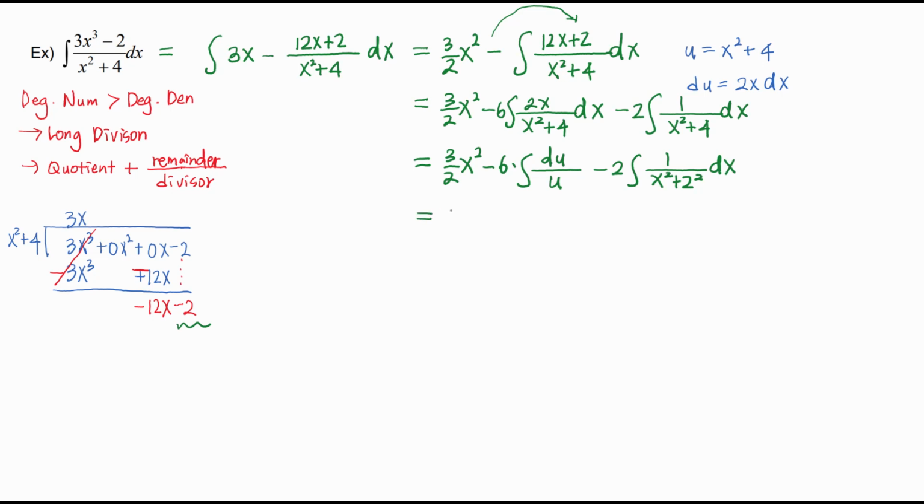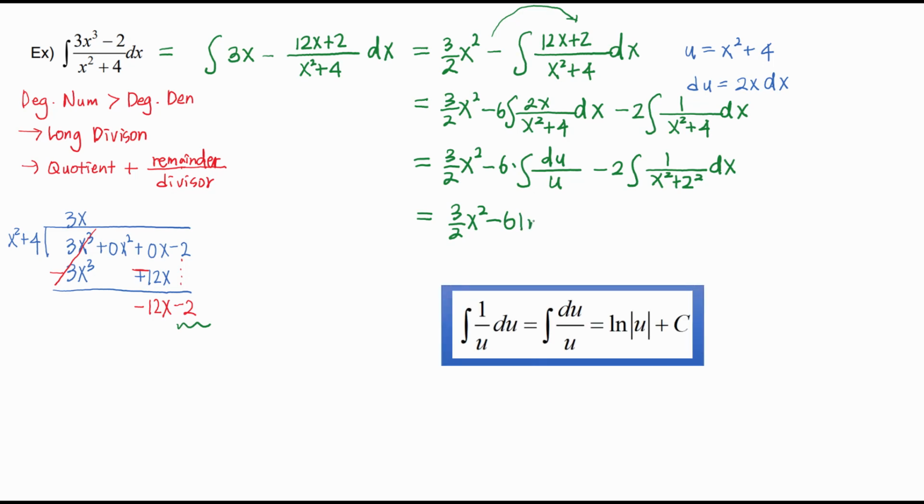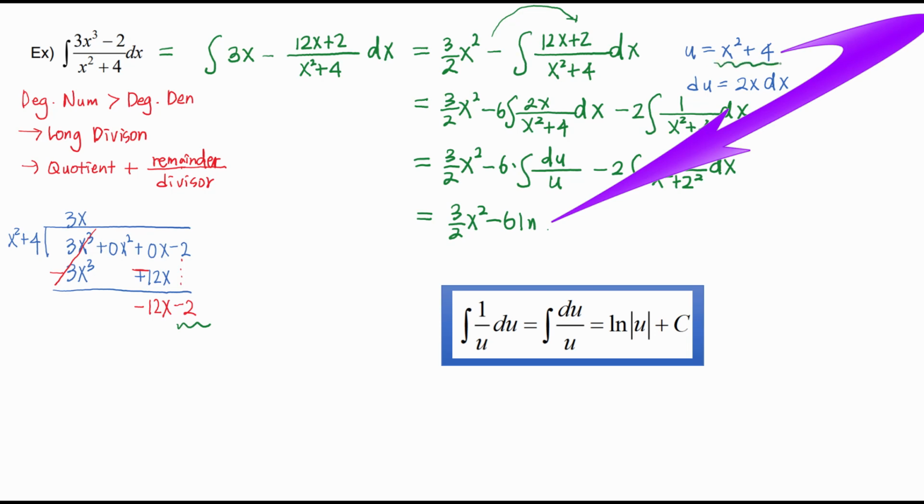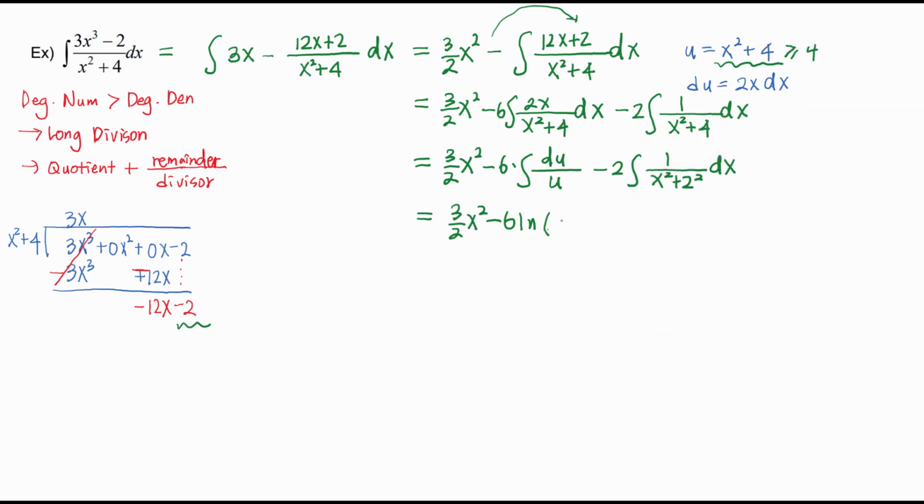Then this is equal to 3 over 2x squared minus 6 times this was ln absolute value of u, but since x squared is greater than or equal to 0, plus 4 will always be greater than or equal to 4, so my u is always positive, so I can drop the absolute value and say this is ln of quantity x squared plus 4